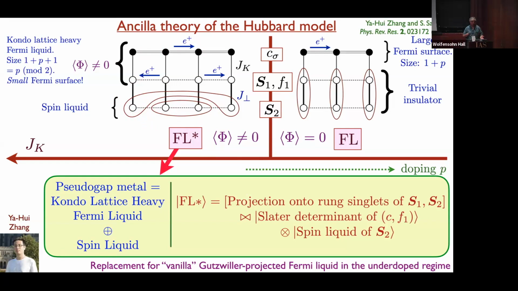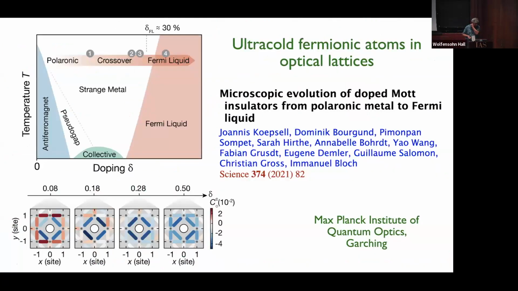You use the Kondo lattice theory, and you just build up everything with it. Anyway, okay, so now let me show you some numerical results that are just about to appear. What these works have been doing is trying to fit these experiments at the moment. These are the cold atom experiments of fermions in the Hubbard model. These are the results of the Munich group. At that time, they were at some relatively high temperature. And I think now there are new experiments at significantly lower temperatures and more precision. Okay, we'll have to catch up with that.